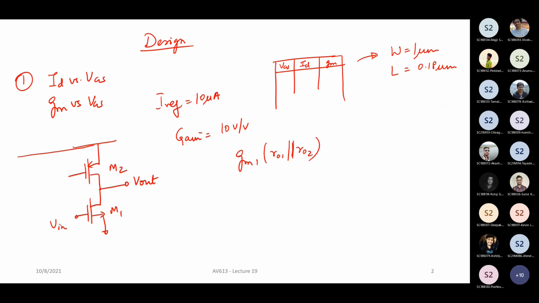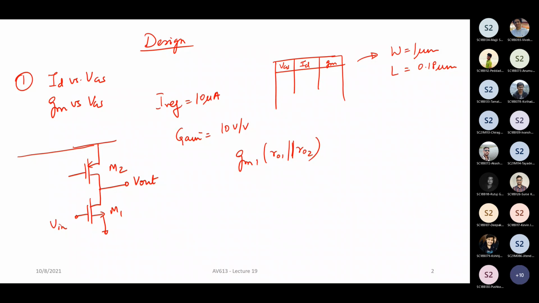Basically, when you have a design, I always mention there is no one correct way to do design. In fact, if you look at a lot of textbooks, many do not teach you how to design, or rather, many of their designs will be based on mu and Cox and so on, which is not practically feasible. So if you go to an industry and you start trying to extract mu and Cox, they will literally laugh at you. Nobody does mu and Cox design.